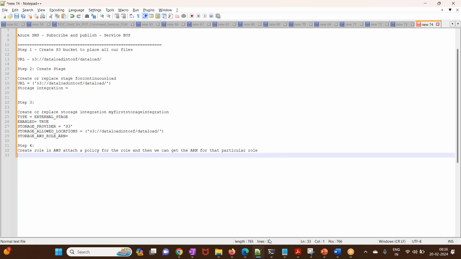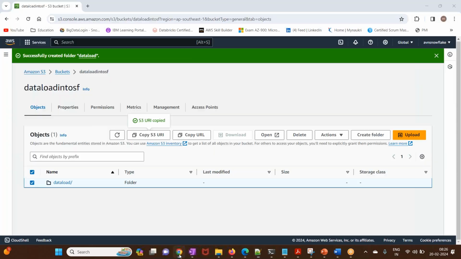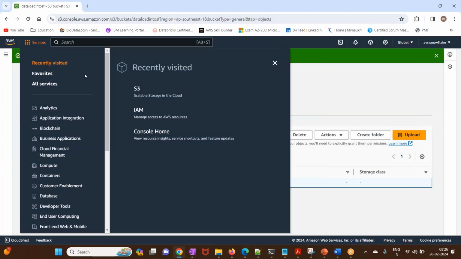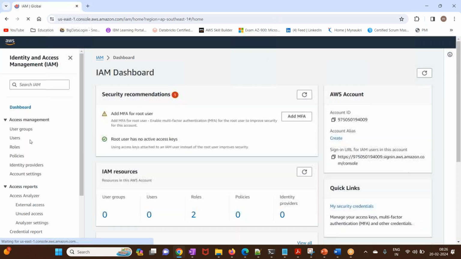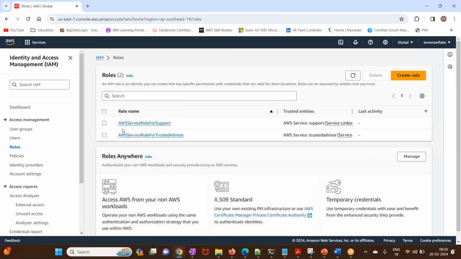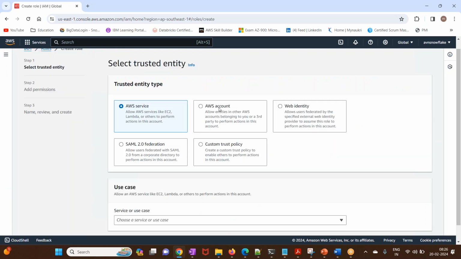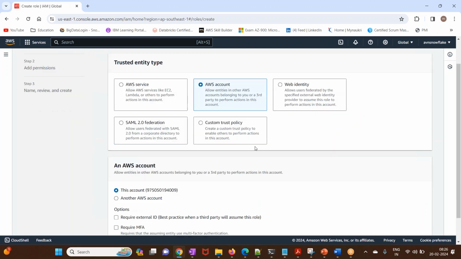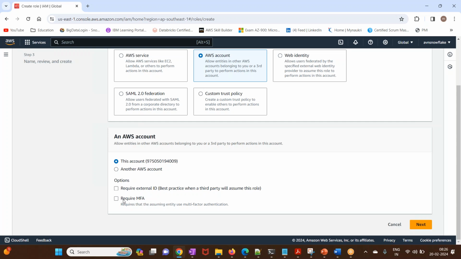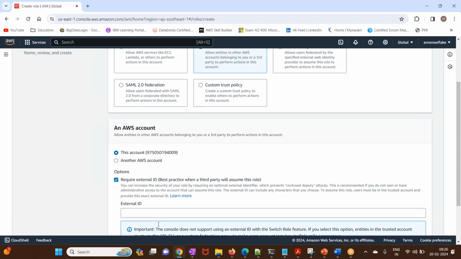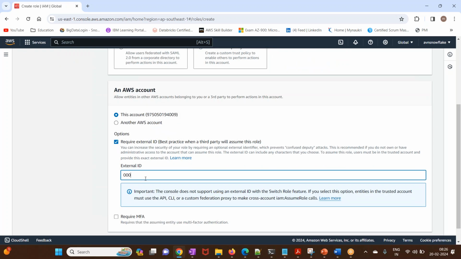Okay, now let's create the role and attach a policy in AWS. To create the role, just navigate to the IAM, select the roles, create a role. Select the AWS account. As we are going to connect from Snowflake, it's a third party, right? Select the require external ID, provide 4 zeros as of now,